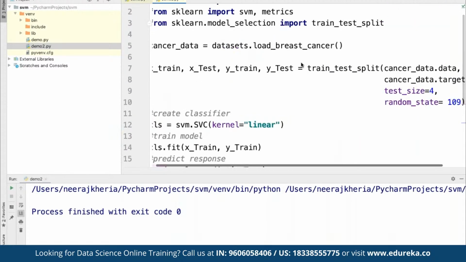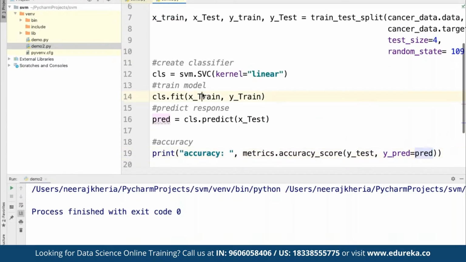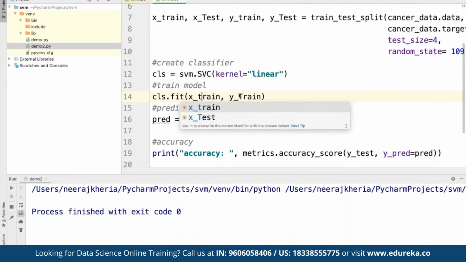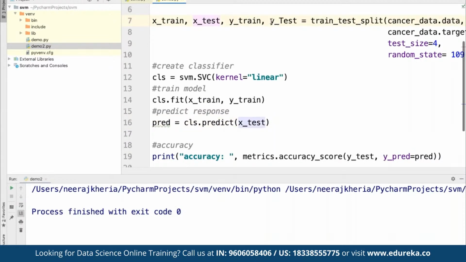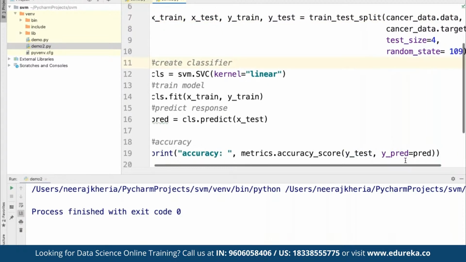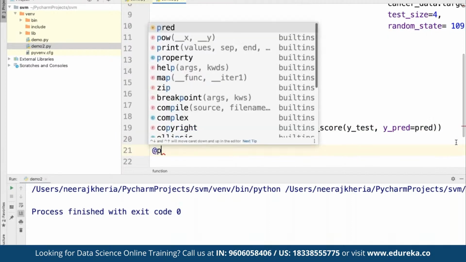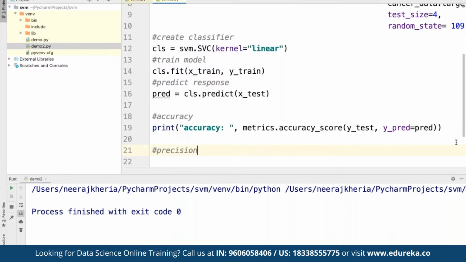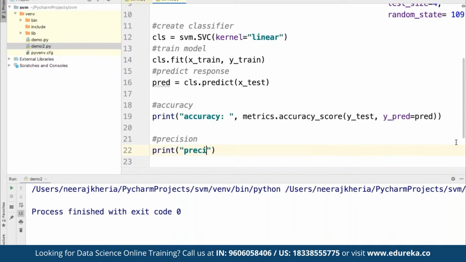I think we have used uppercase for y test. Let's do one thing: let's use lowercase for everything just to avoid confusion. Let's define this as y_test, y_train, and y_test again. So you have y test, and then y prediction. For finding the precision score, we can simply print another statement as precision score.